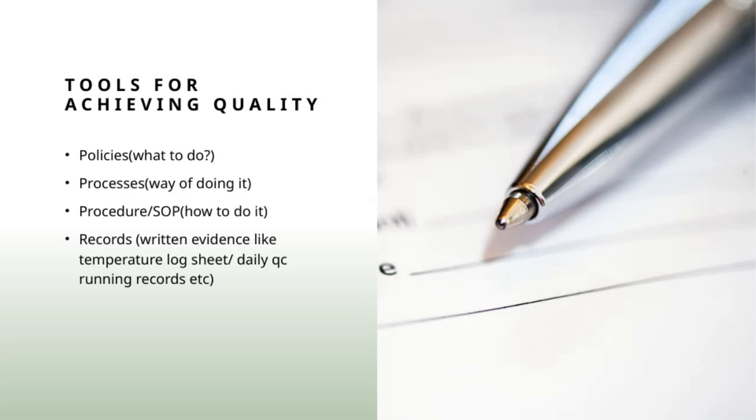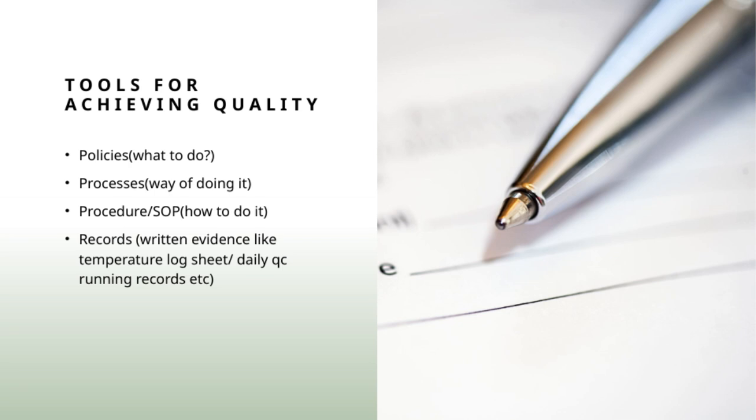Let's talk about the key elements that help us maintain quality. First, we have policies, which answer the question of what to do. These are the guiding principles and rules we set to ensure consistent quality standards. Next, processes refer to the way we do things. These are the steps and workflows that keep our operations smooth and efficient. Then, we have procedures or SOPs, which are the detailed instructions on how to perform specific tasks,